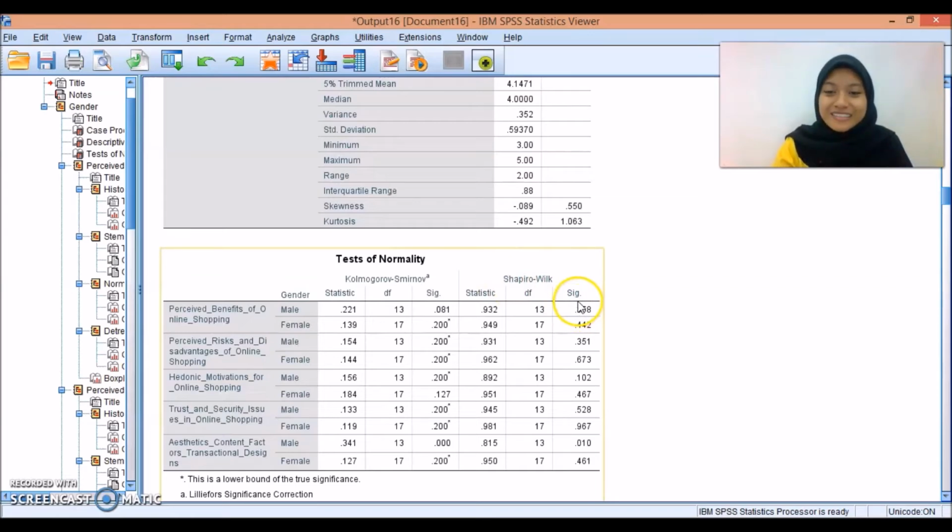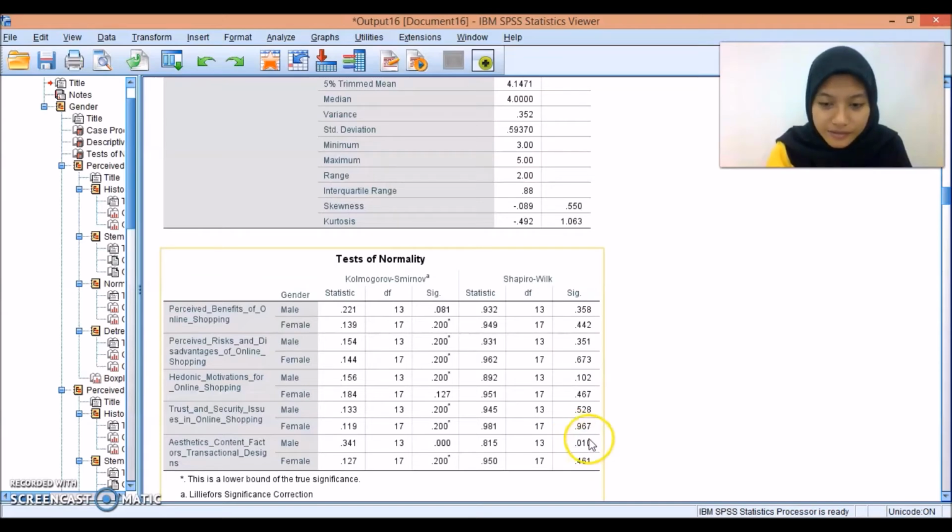We look at the value in the significant part. If Shapiro-Wilk shows a value more than 0.05, the data is normal. So when we look at all the factors here, all the data in the significant column is normal, but